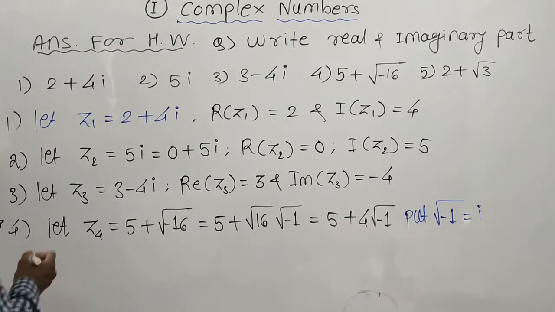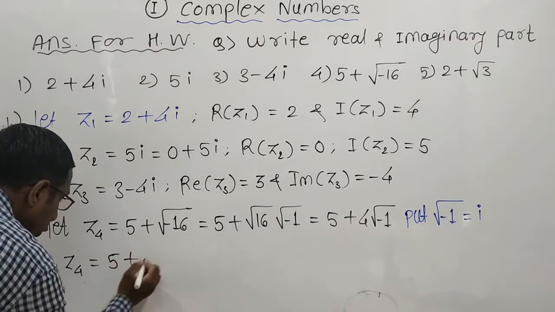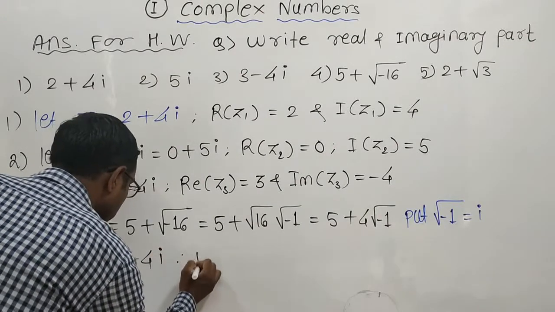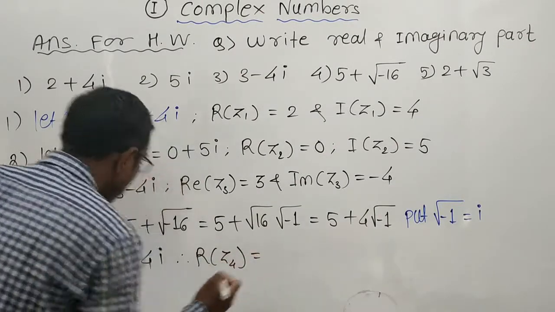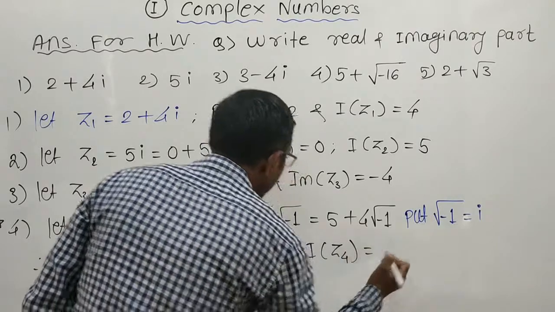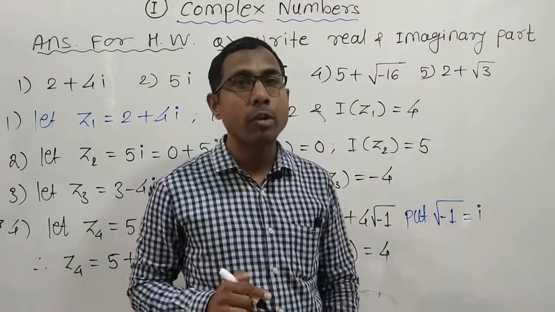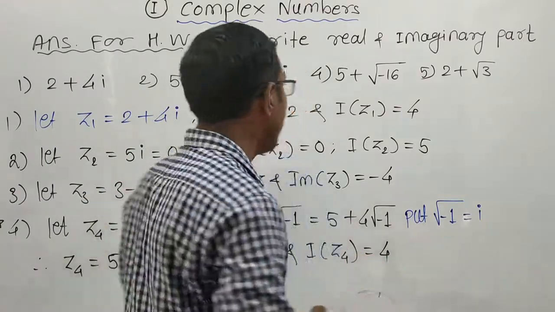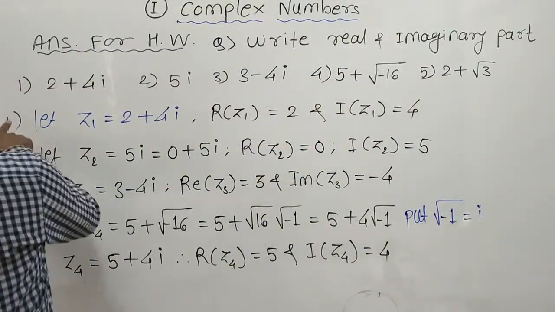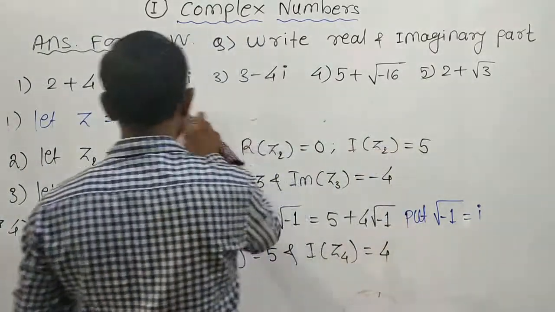Therefore Z4 is equal to 5 plus 4, with this factor replaced by i. Now you can easily write it. Therefore Re of Z4, the real part, is 5 and the imaginary part is 4. Is that clear? So this is the concept of the real and imaginary part of a complex number. Now, fifth one. One more is there. Let Z5 be